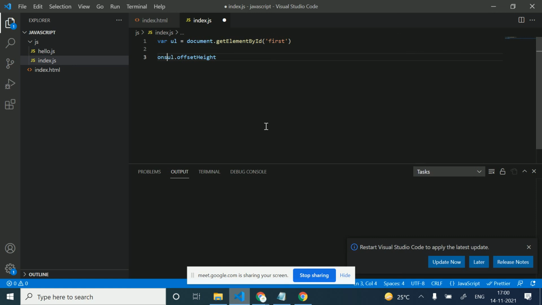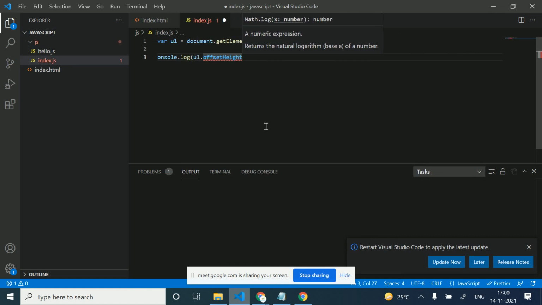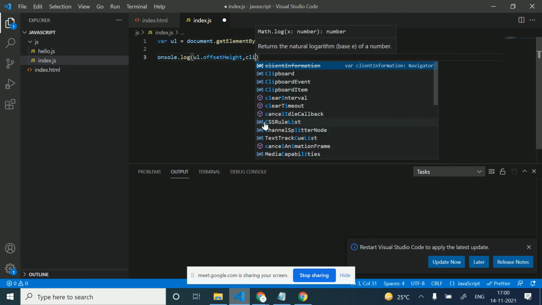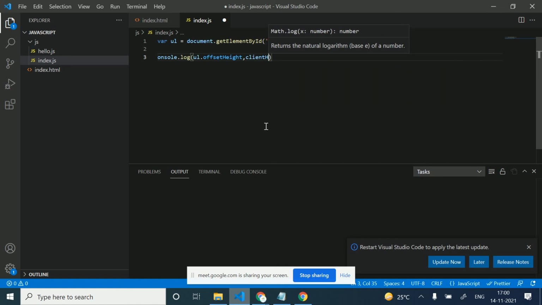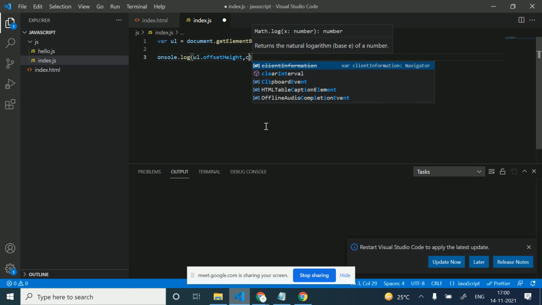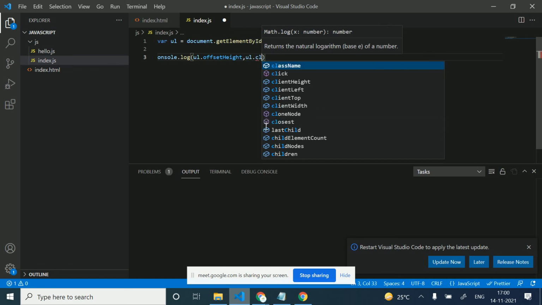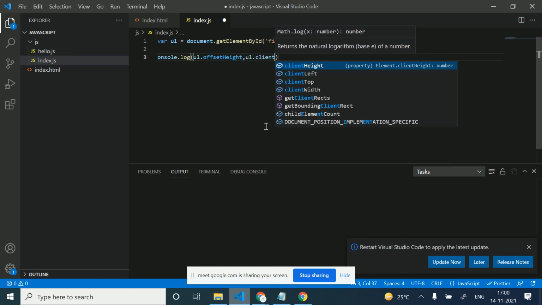So I'm going to console log this, and there is one more thing, clientHeight.